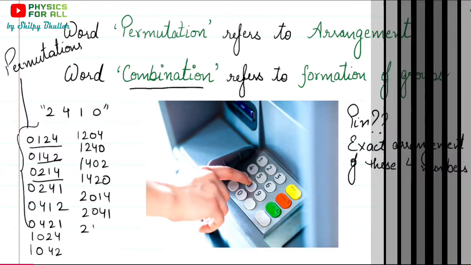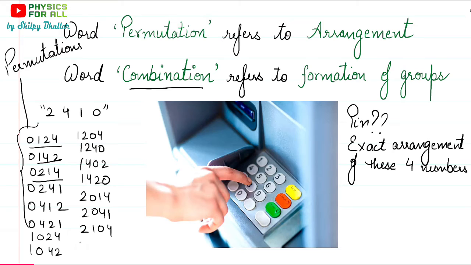Then we can have 2104 or 2140. That is also possible, right? Then we can also have 2401, and we can also have 2410. Okay, and what else? We can have 4 at the thousands place also. So it's 4012, then 4021, then 4102,